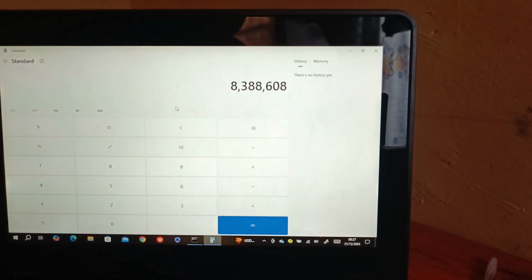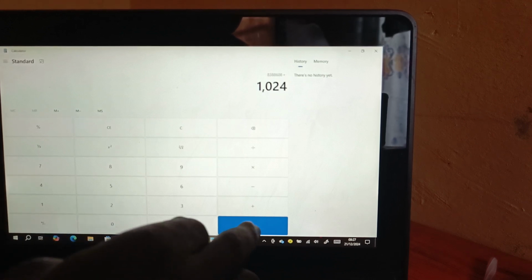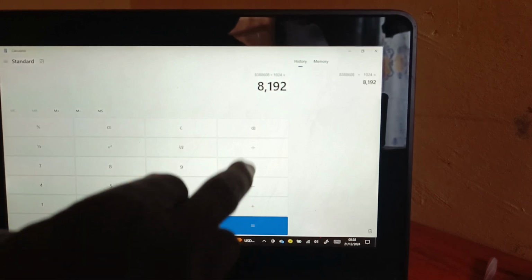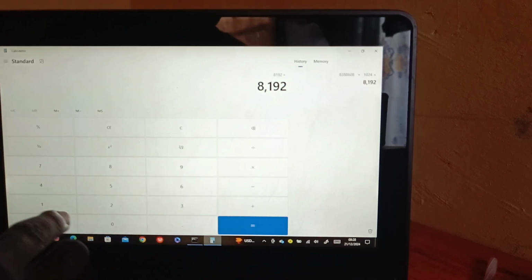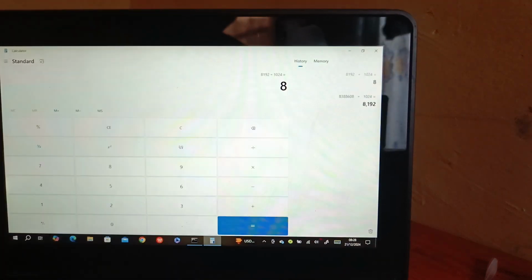So you take that number, you divide by 1024, you get your answer. Then the answer, you divide it again by 1024. So you see, for example, this one can only support up to 8